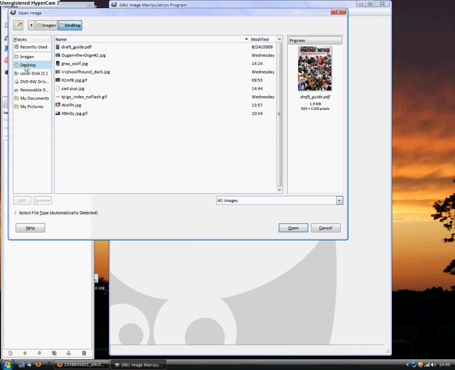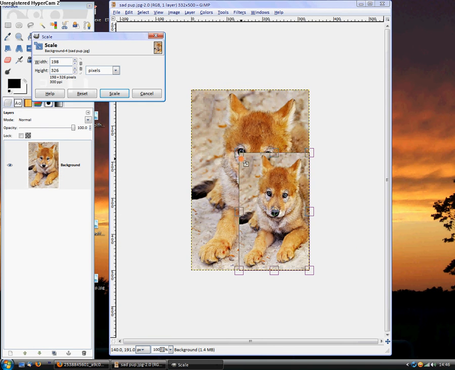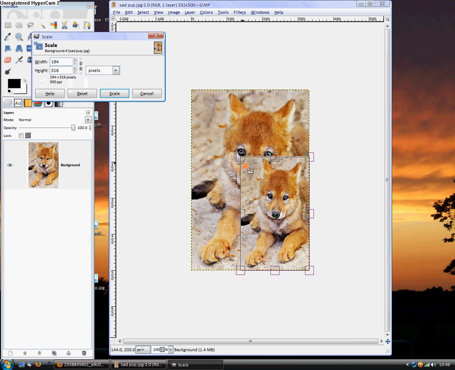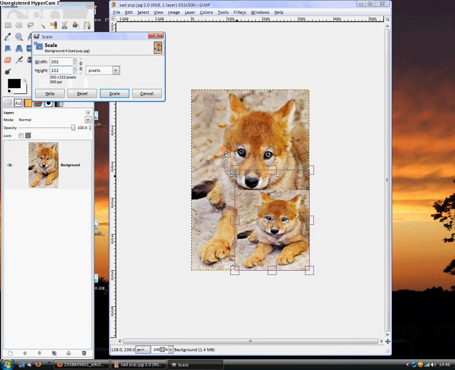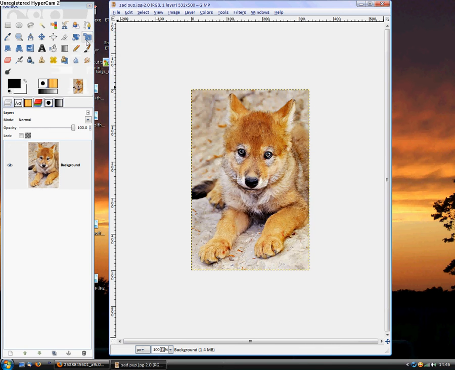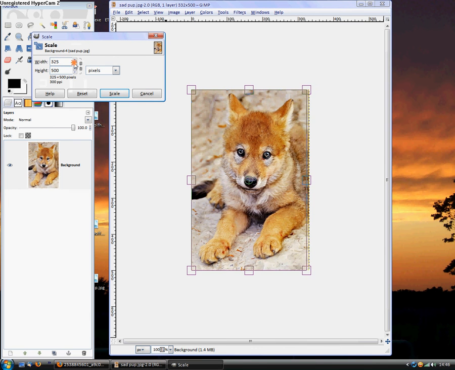So I'm just going to make the picture I downloaded smaller so it'll look better on my Multiply blog page background. And this is how easy it is to do that. When you're minimizing it this way, you don't want to squish it or make it too flat looking. So the best way to do it would be probably to just play with the arrows,